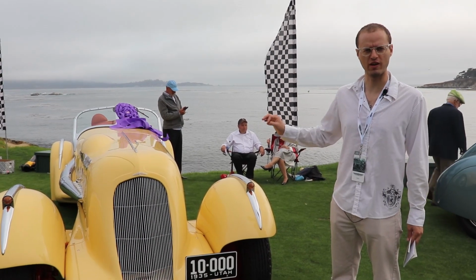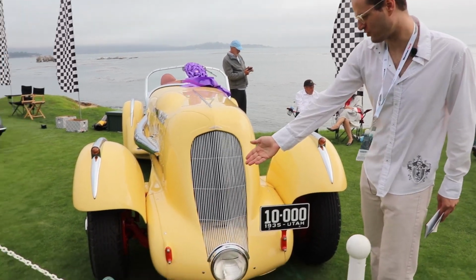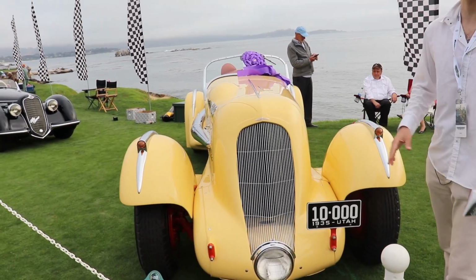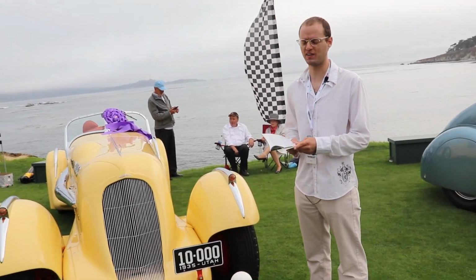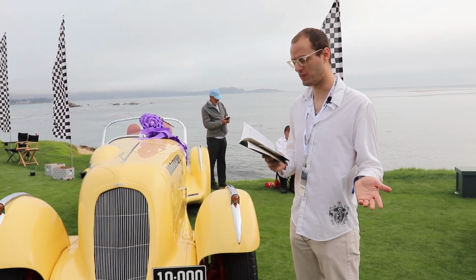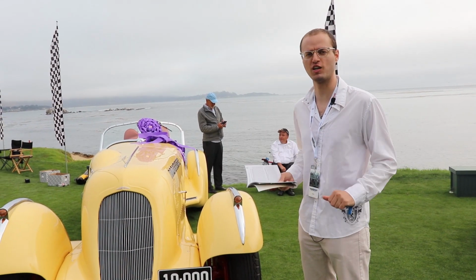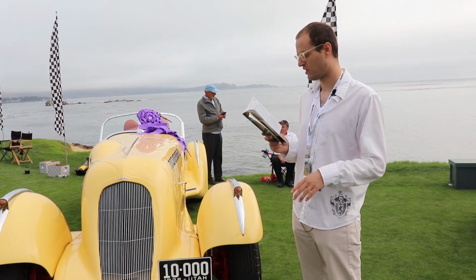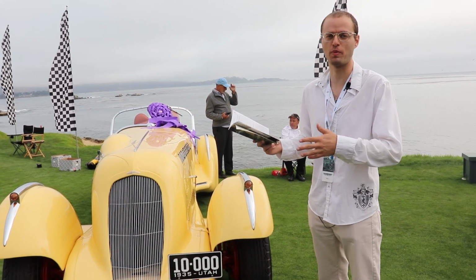Over here we have a very rare, one-of-one Duesenberg, the 1935 Duesenberg SJ Mormon Meteor Speedster. And I'm going to read just from the guide, because it's a very interesting history. In the mid-30s, Duesenberg decided to get back to its racing roots and make a concentrated effort for speed. So this Duesenberg Special, which later got the nickname the Mormon Meteor,